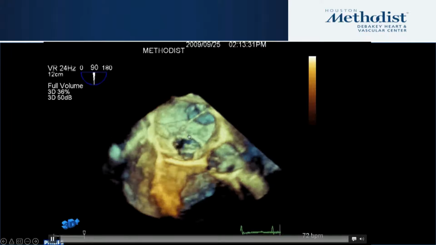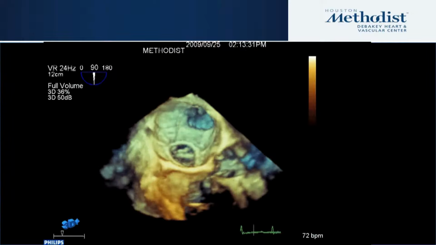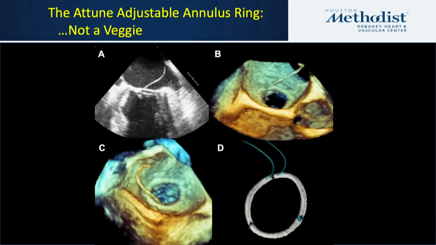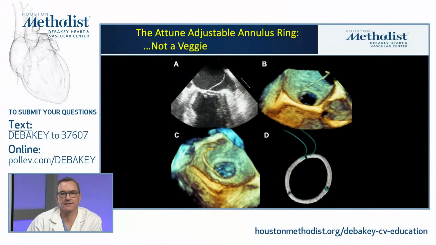You see a surgical mitral ring, a long linear mass that's very unlike any sort of classic endocarditis lesion. And this is where history in the patient, and particularly the surgical history, is exceedingly important. And in fact, this was not vegetation at all. This was an untied suture from this particular surgical device called an Attune ring, which is used to perform an undersized annuloplasty. So the suture had been untied, left wiggling in the left atrium, and trying to confuse echocardiographers ever since. Unsuccessfully. So that's an example of knowing the history of the patient and the intervention before coming up with the diagnosis of an atypical endocarditis.